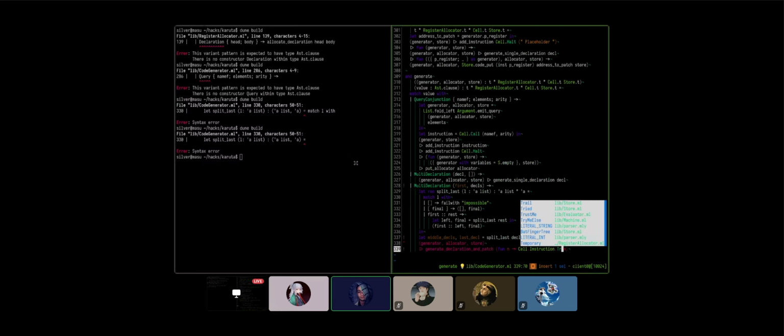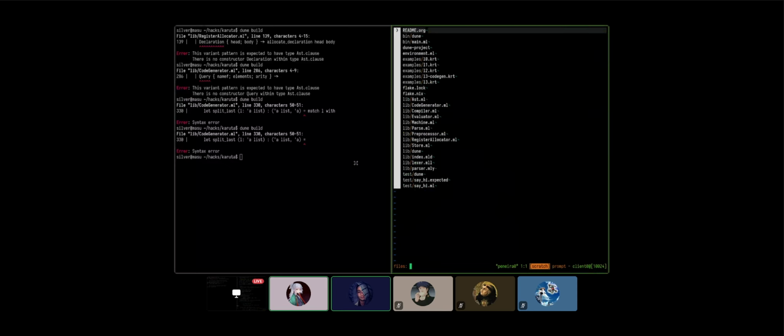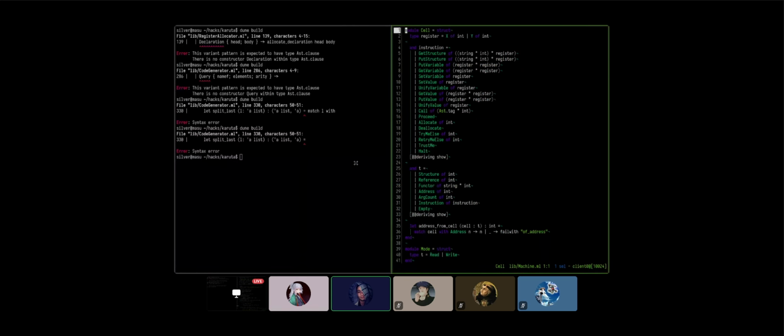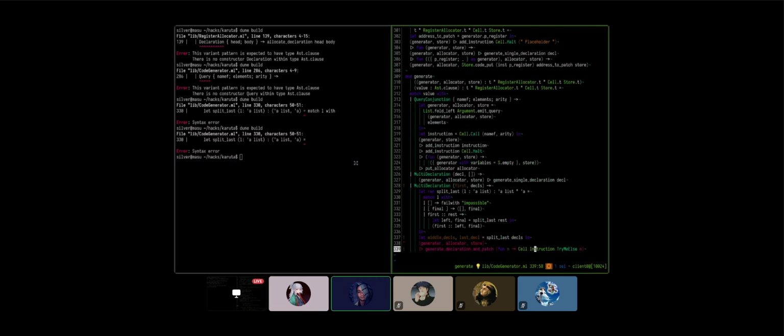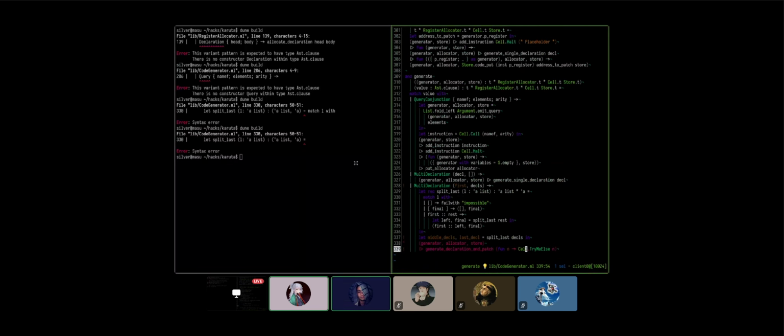I actually don't know why your thing did that. Actually I think this is the wrong thing. Go to the instruction. Machine works. Cell dot instruction dot, I think it's just try me else. Cell dot try me else. I don't think there's instruction in the middle. I also don't think that's correct. I think that we don't have that. Yep, I think that's the way.